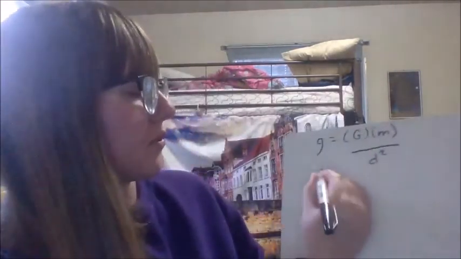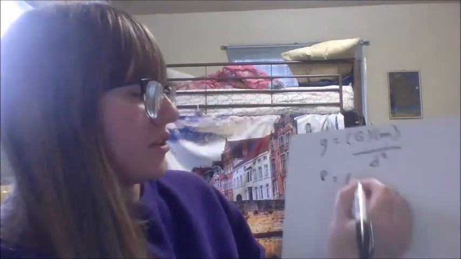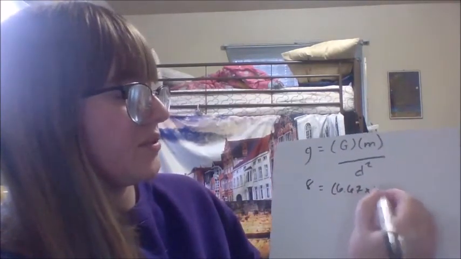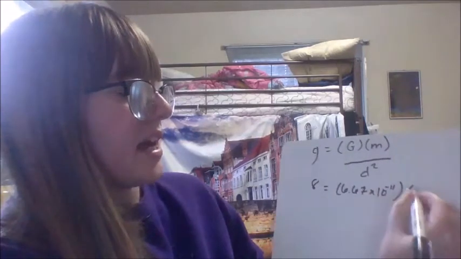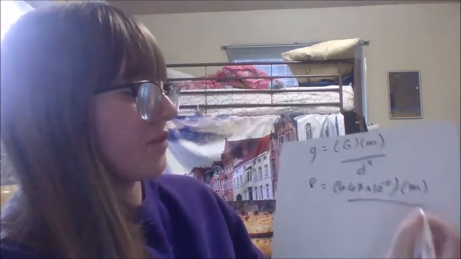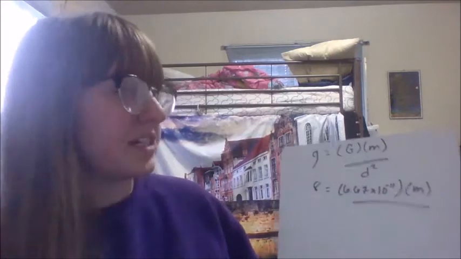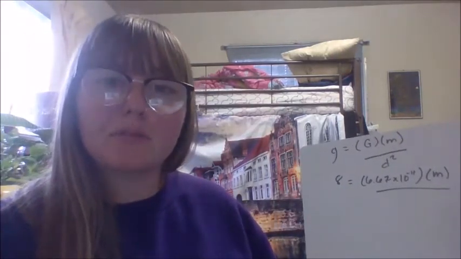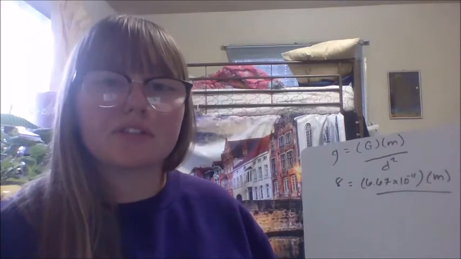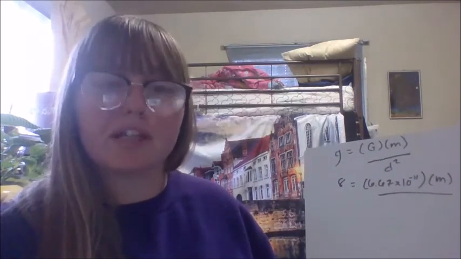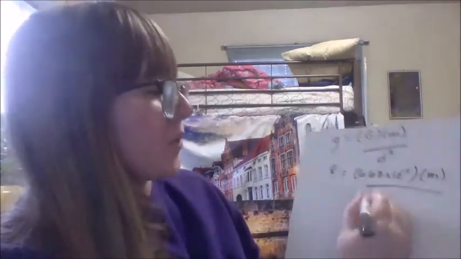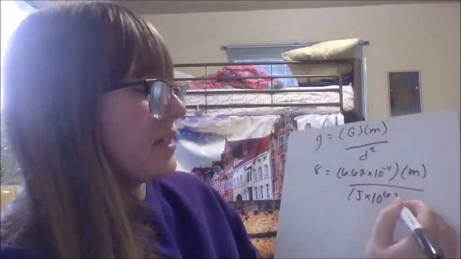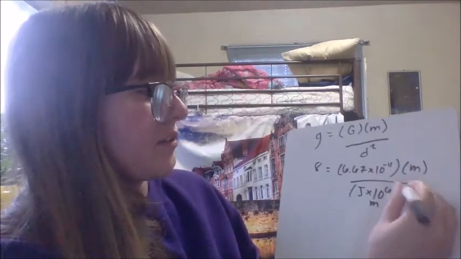So we know that g is 8. The universal gravitation constant is 6.67 times 10 to the negative 11th. M, the mass of the planet, is what we're solving for in part A. And for d, we're going to want to use the radius of the planet and not the diameter, because the acceleration is taken with respect to the surface of the planet for part A. So we're going to want to use our 5 times 10 to the 6th meters that we calculated earlier